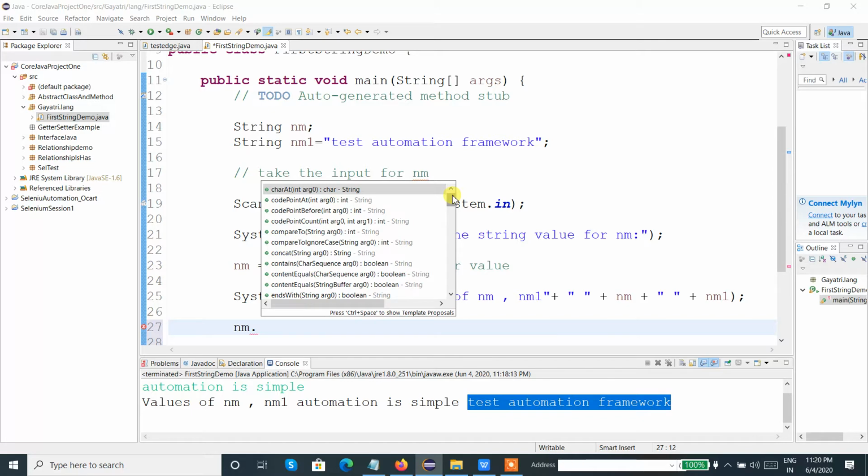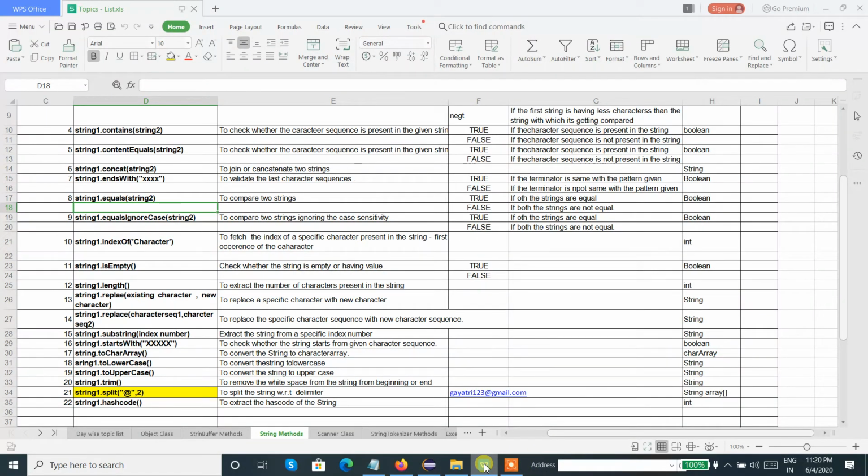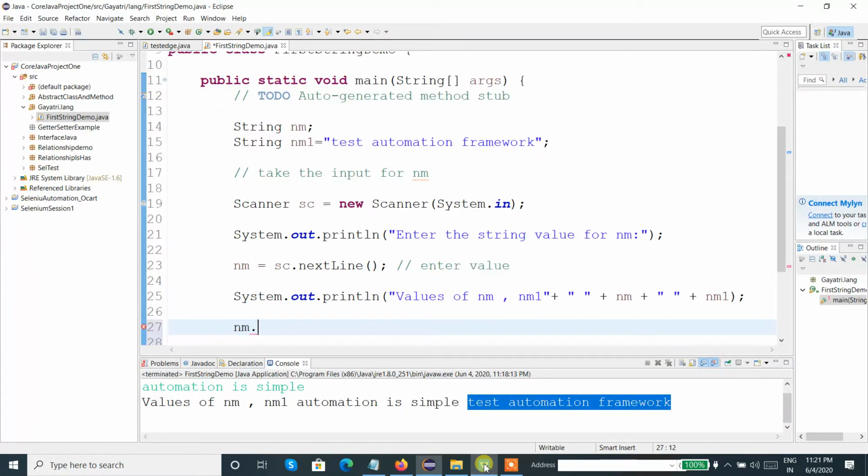So I selected a few methods among all this. Maybe I selected 21 methods. If we can work with these 21 methods, we will be good enough in operating string data type in Java. Fine. So we understood how to view the methods.